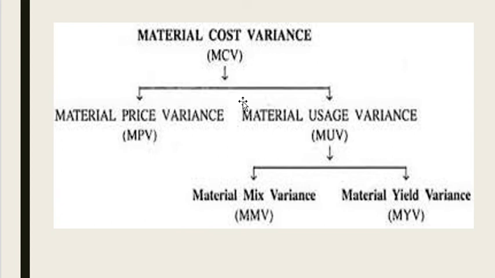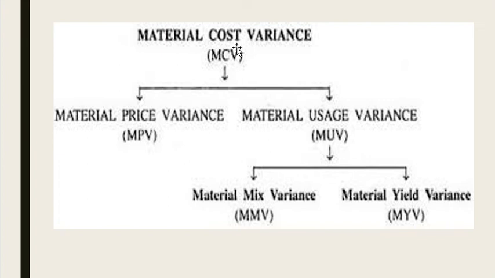So what is the difference or what is the variance with the set and with the actual? Material cost variance is divided into material price variance and material usage variance. It is the difference between the standard cost of direct materials specified for the output achieved and the actual cost of direct materials used. You have assigned that you are going to use only so much direct materials for getting the specified production.